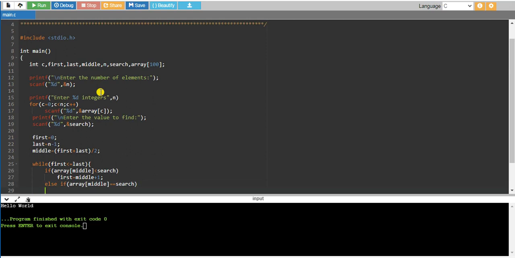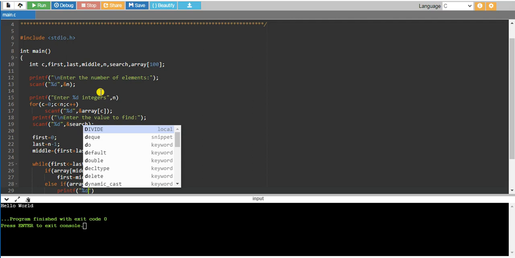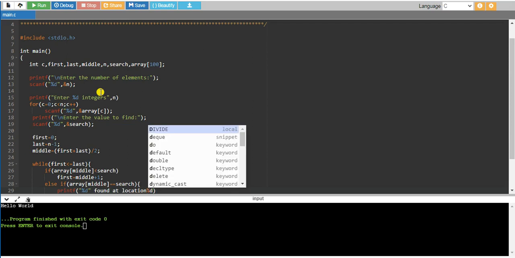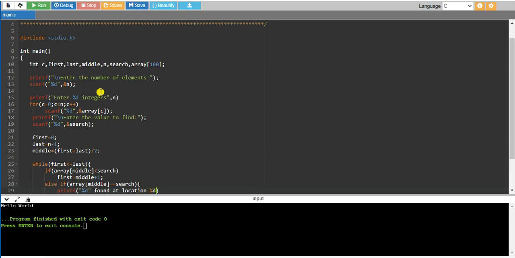So else if array of middle equal to search, then printf %d, that is element found at location, in which index it is present, slash n.